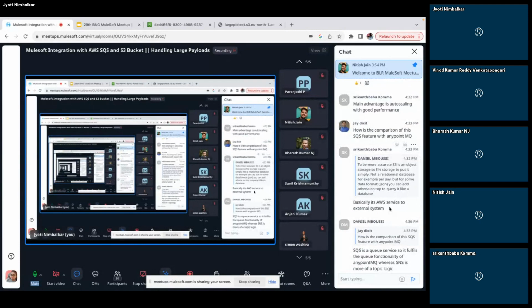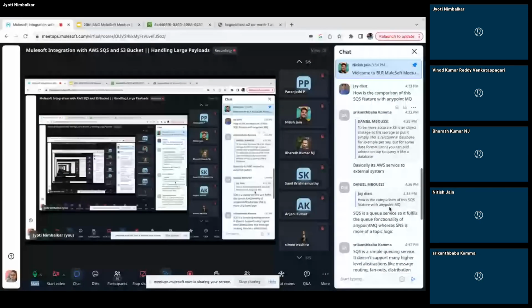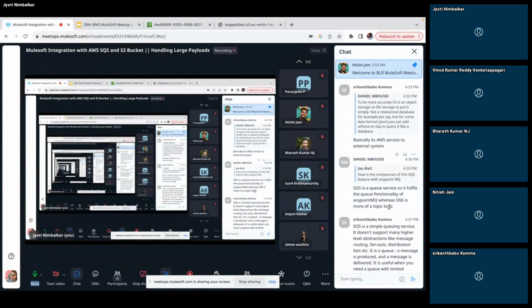Amazon SQS is just publishing the message and consuming. Other than that, it will not provide any kind of functionality. In Anypoint MQ, you can define business rules on top of the messages which you are publishing. And also, Anypoint MQ will support all kinds of messaging standard protocols in the industry. Amazon SQS will not support anything other than AWS.